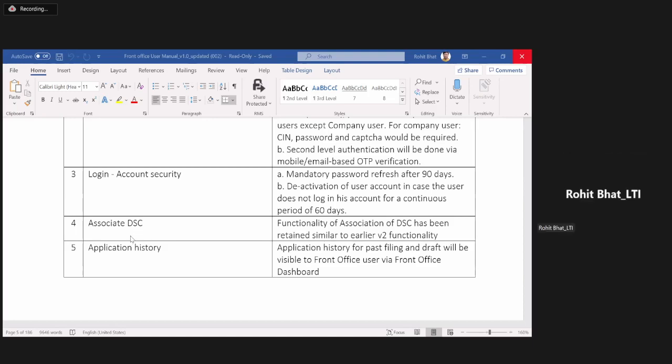You're right. So Shripriya, what is happening is the job is running between these two versions every hour or 2 hours. So once you associate your DSC, please wait for some time until our backend job works and you are also associated under V2 as well. So there's no impact from that perspective, even if there are new directors who are registering with us and then want to file company forms. Any of the forms in company, we are taking care of all of these things and making sure it is smooth and there's no impact on the users.